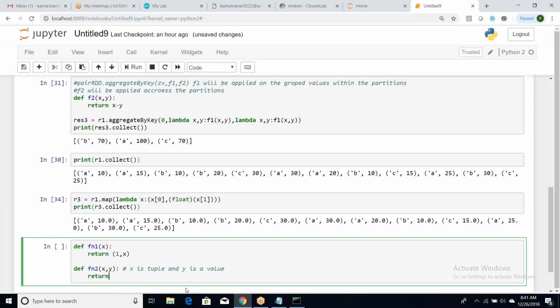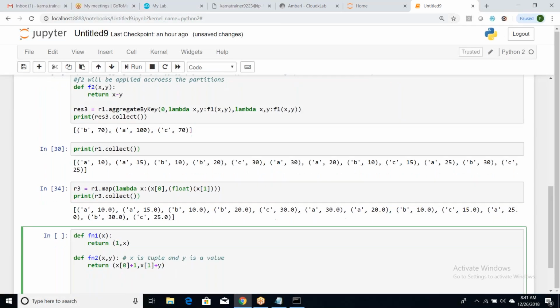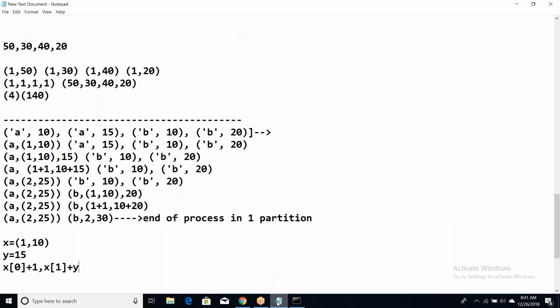So return x of 0 plus 1, comma, put it in a tuple, and x of 1 plus y. Very simple. This is the second function. Now, fine. After this,